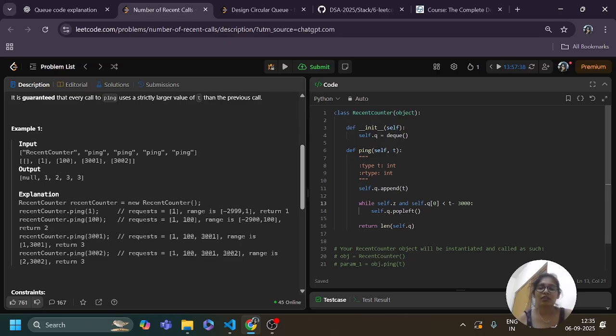Okay, so here we need to create one class, RecentCounter. Okay, so this is the constructor. Here I am going to create self.q equals to deque, so that we can remove the element